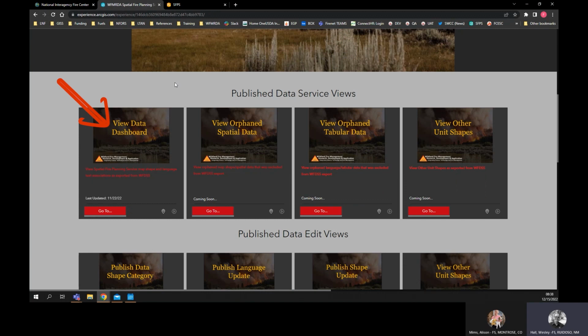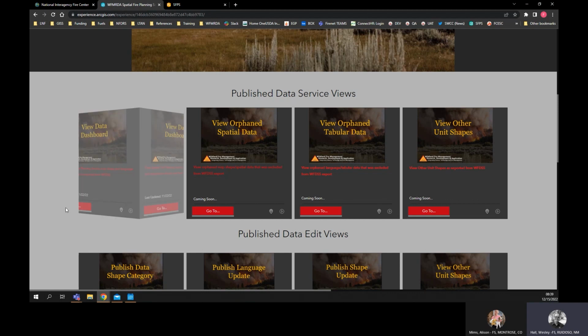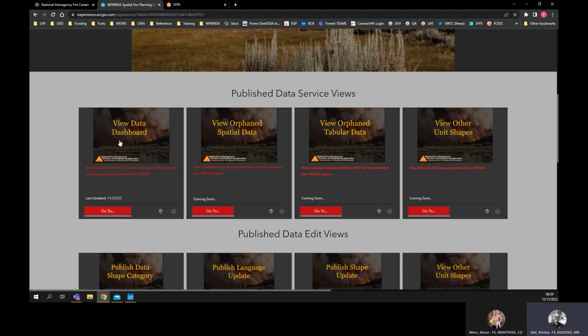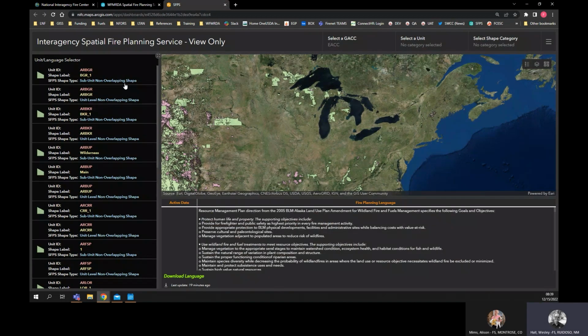The dashboard's purpose is to view Spatial Fire Planning Service map and shape language data as it is associated and exported from WFDS. To start, you can click the Go To button, or you can click the image to pull up the dashboard. This is the view-only service for the Interagency Spatial Fire Planning Service. It functions through dynamic pan and zoom functionality, and you will always start here on the upper right-hand area of the